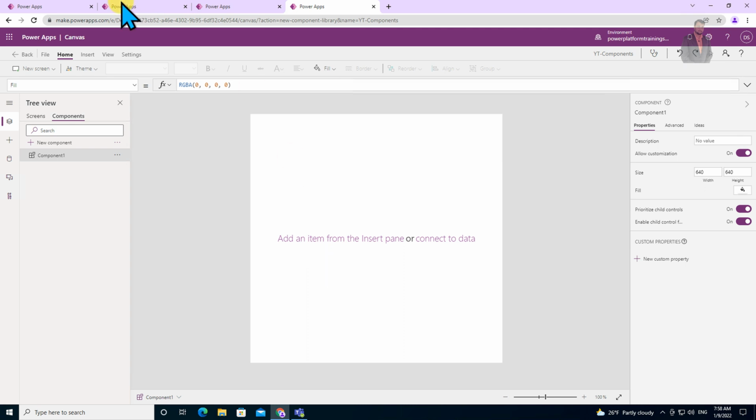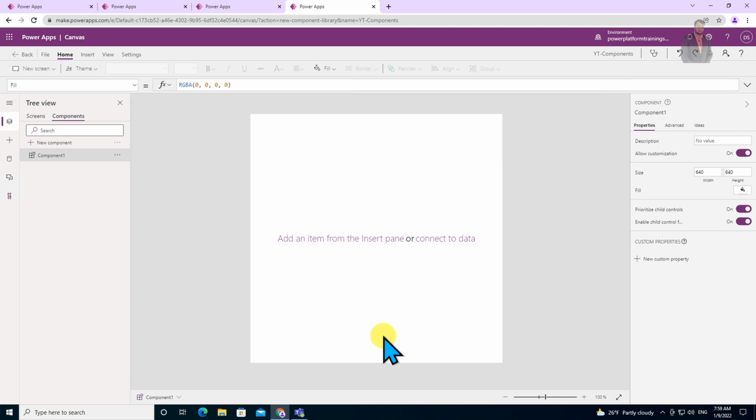Otherwise, if you go with the Canvas app component, obviously you can use that in multiple apps, but if you want to make a change, you need to open the app manually and change each individual app. So that is tedious and time consuming. So I always recommend everyone to create the component with an independent component library. So always use this particular approach.